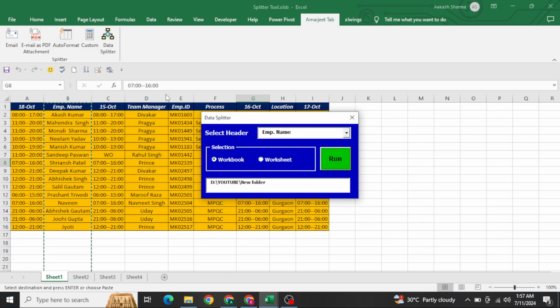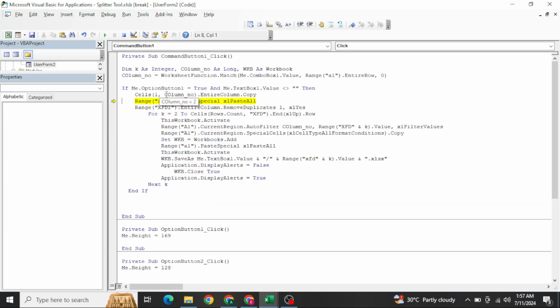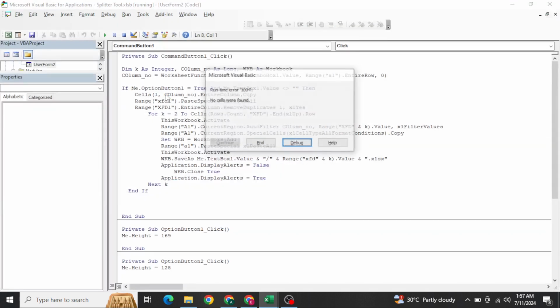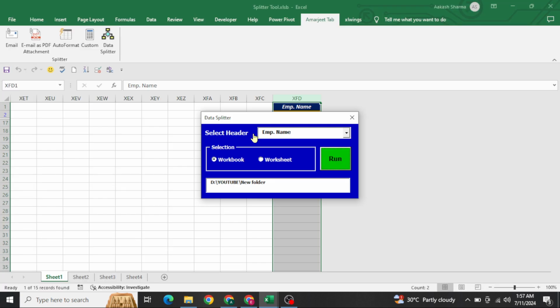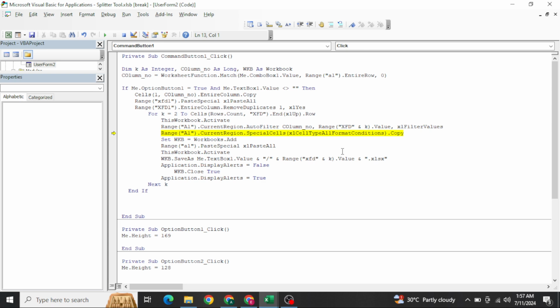It is copying the data. Okay, we have selected the employee num. Now you can see in the B column it got selected and is pasting it somewhere, and I'm just pressing F5 directly, and no cells were found. I'm just clicking here, so you can see, here we do not have data. Okay, it says we don't have any data.